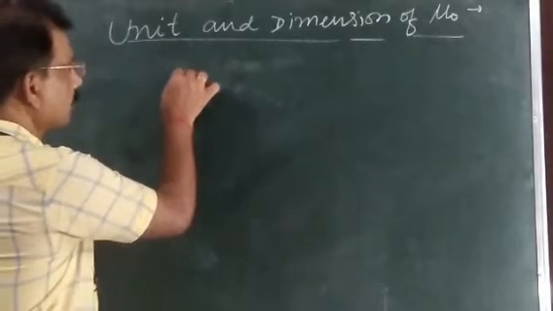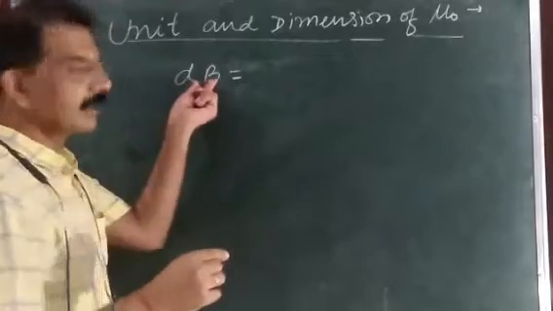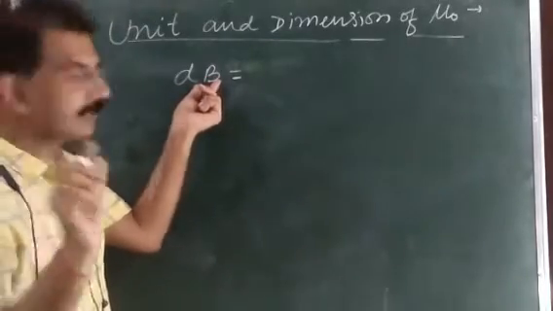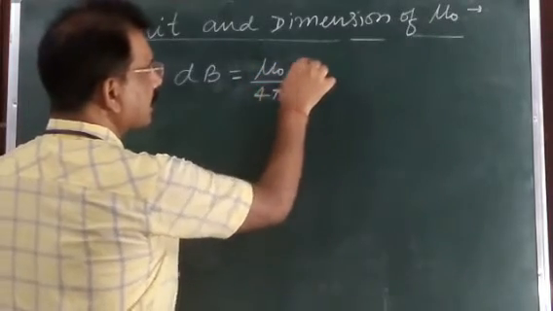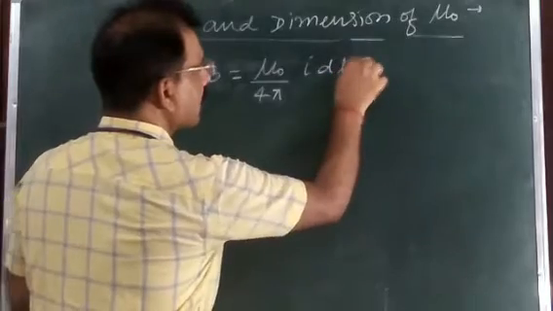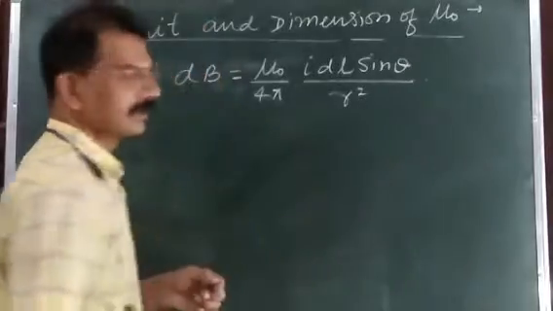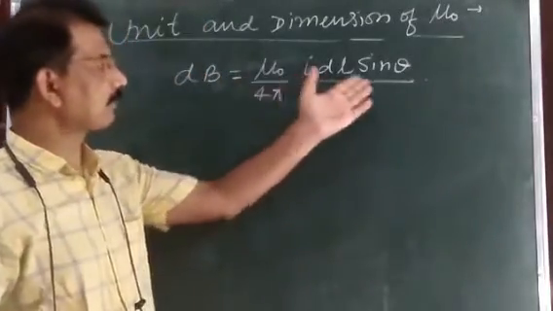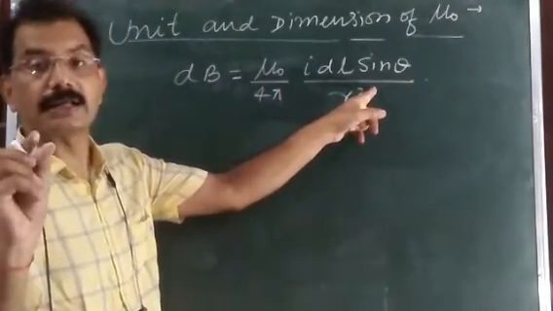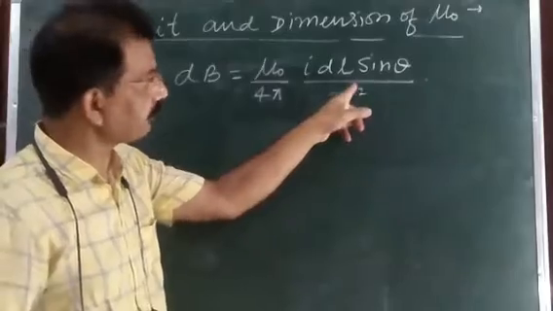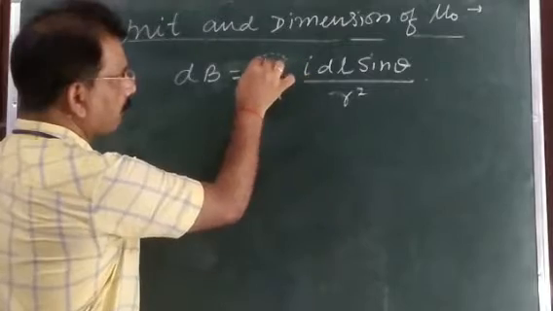And the formula for the magnetic field dB, this dB is the magnetic field due to the small current element, equal to mu naught upon 4 pi I dl sin theta upon r square. In the previous video, I already discussed this. This is the magnitude of the magnetic field due to a current element by using the Biot law at distance r from it. This term mu naught upon 4 pi,